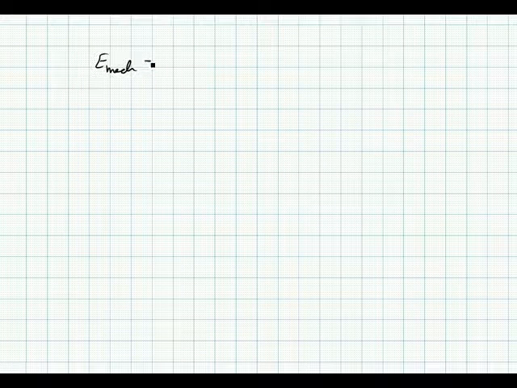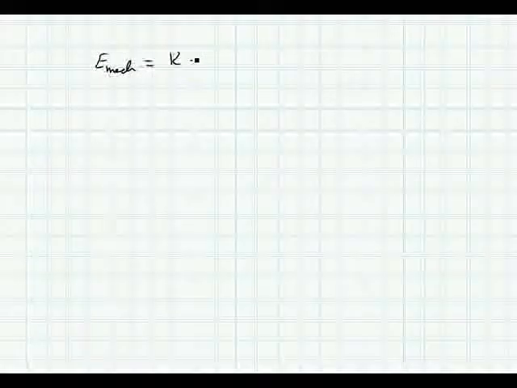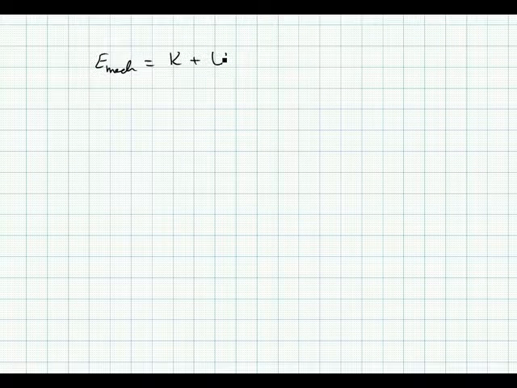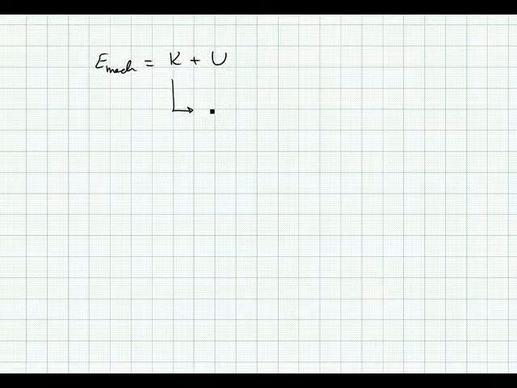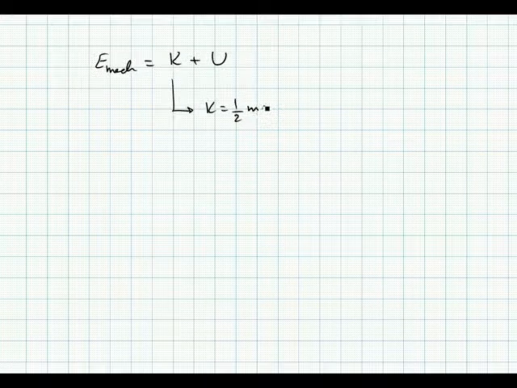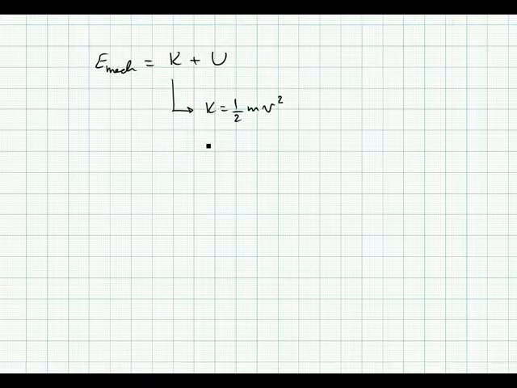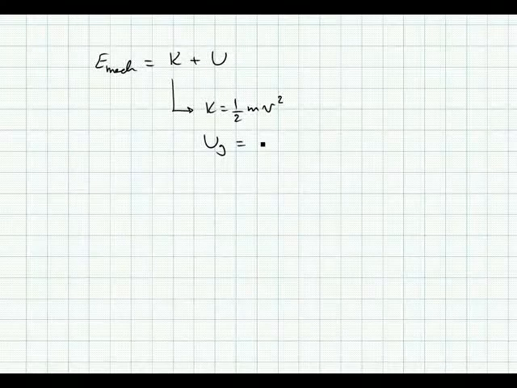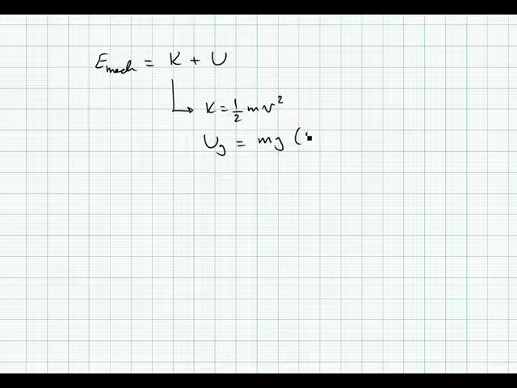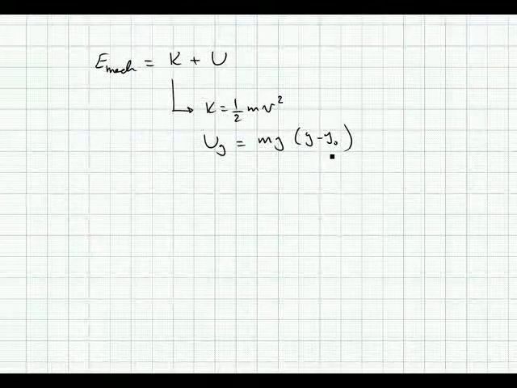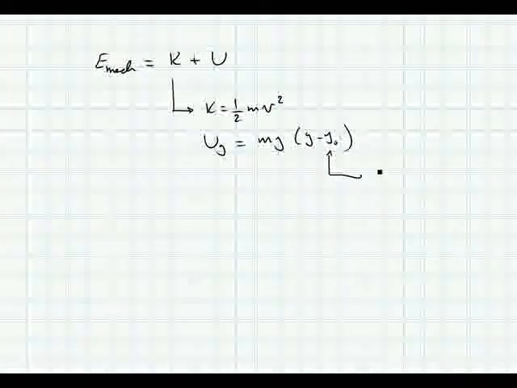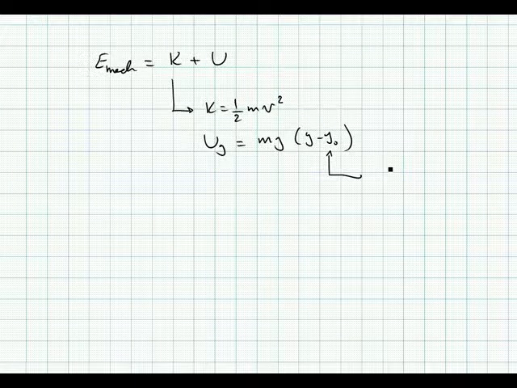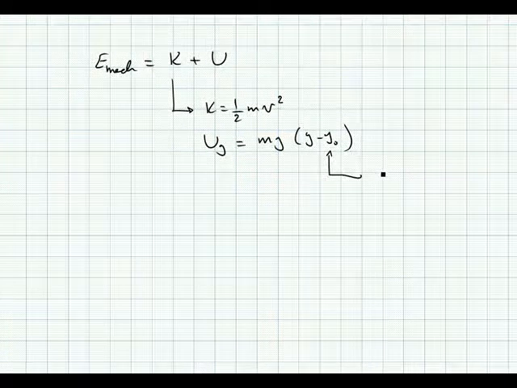In the previous chapter, we defined mechanical energy as the kinetic energy that an object has plus its potential energy. The expression for kinetic energy is 1/2 mv squared, and in the previous chapter we dealt with gravitational potential energy, which is given by mg(y minus y naught), where y naught is the zero reference level that we choose for our gravitational potential energy,